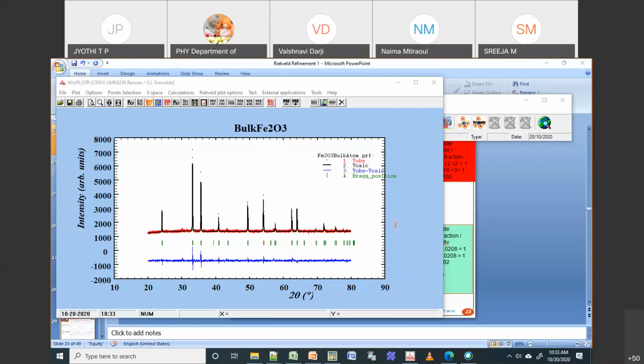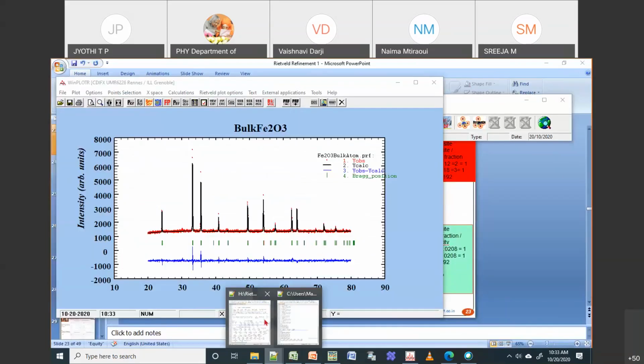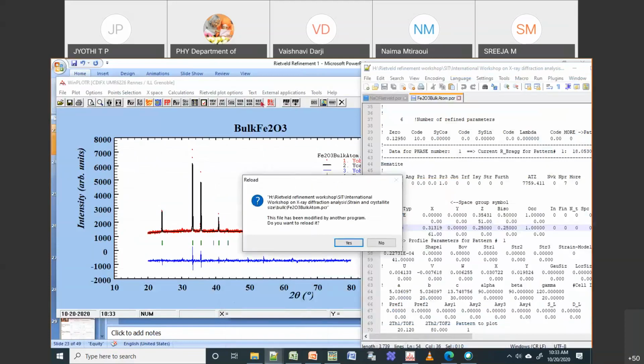If I put 0, this is what I did in this case. So I put 10, that means this parameter is not going to change when I'm running the program. You can do it like that also, or you can just remove it. So I can remove this 10, and that is also possible.